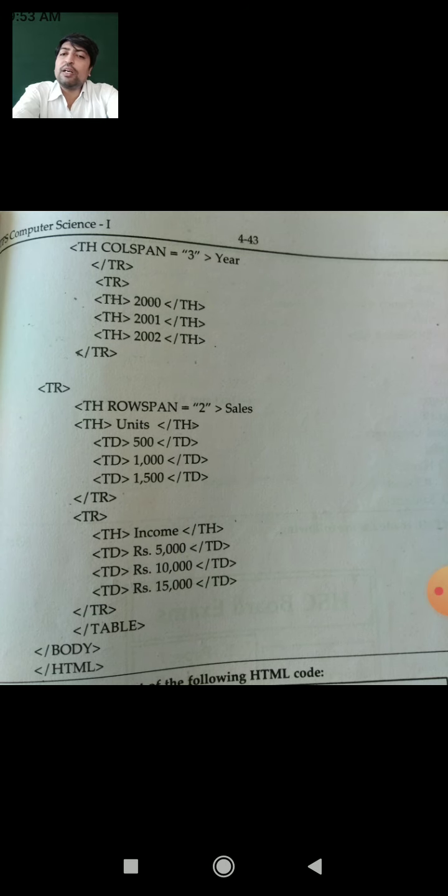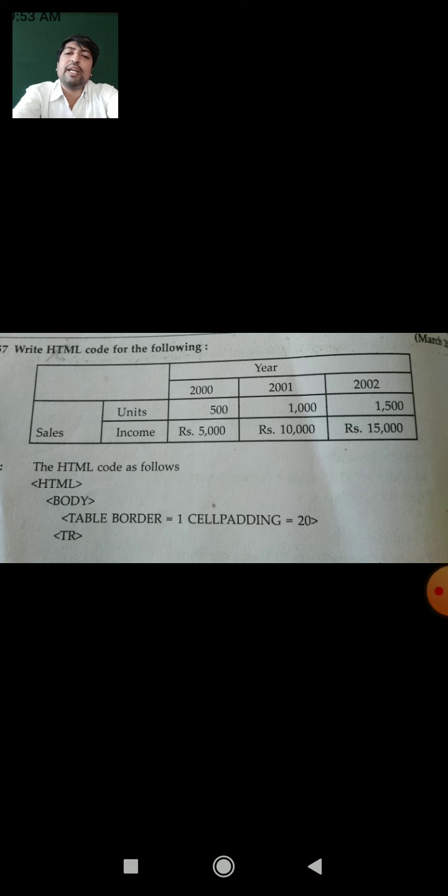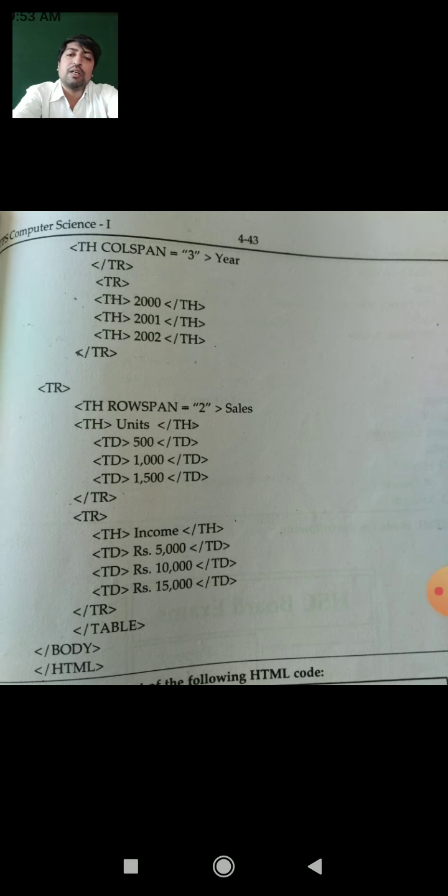So close the third row. Whenever we start the fourth row, it will take the entry income 5000, 10,000 and 15,000 as required per the table. So close the fourth row, close the table tag, close the body tag and close the html tag whenever your operation is completed.